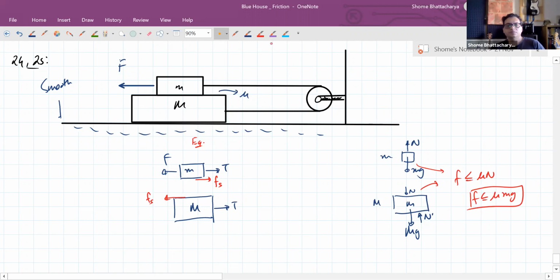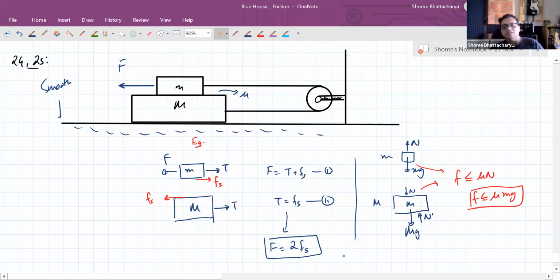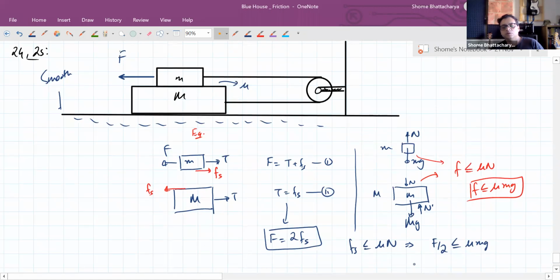For equilibrium, F should be equal to T plus static friction, and T should be equal to static friction. Combining these two equations, F has to be equal to 2 times the static friction. Now static friction is less than or equal to mu n. So F by 2 should be less than or equal to mu n, so the force we are applying should be less than or equal to 2 times mu n. This is the solution and the answer for the